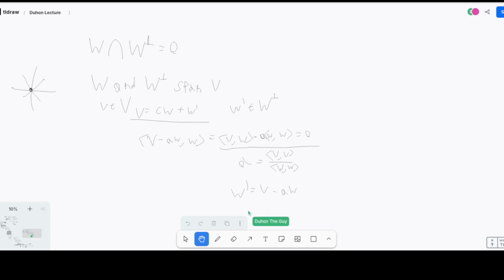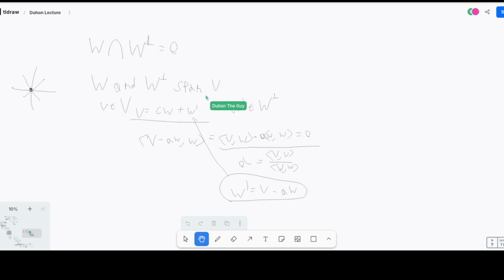There you go. So what this is saying is that in order to get this guy, you do all of this, and there you have him. Throw him up here. Then basically we just found W prime,